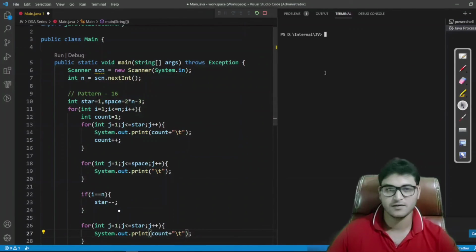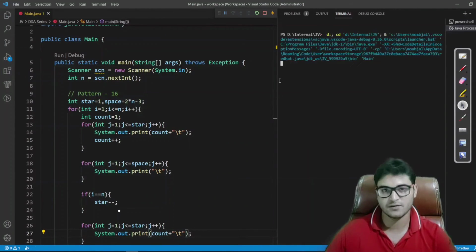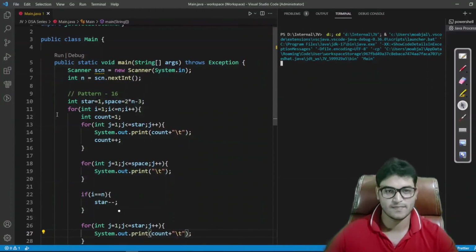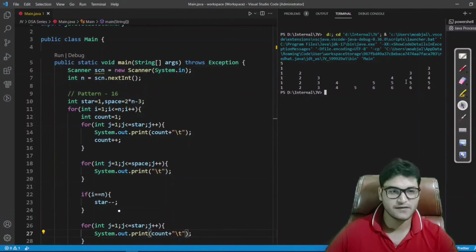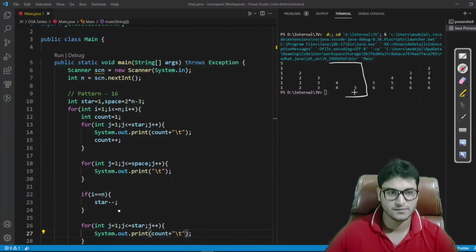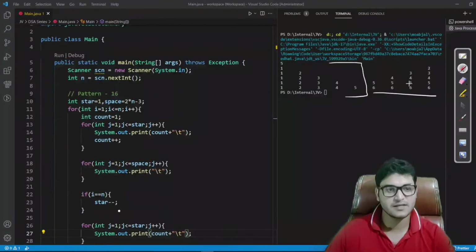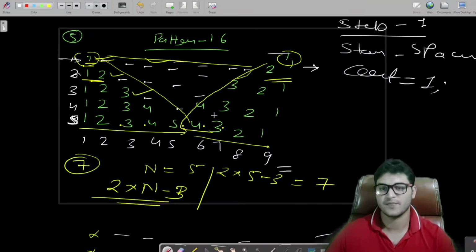We are almost done. We are left with only one chain. So let me show you the error first, then we will do the change. So I have entered 5 and you can see we have printed the exact same output till here, and at this place we are displaying the numbers, but we have to display the numbers in decreasing order from here, because we are showing here 1 2, so here we have to just show 2 1. We are showing here 1 2 3, and so instead of this we have to show as 3 2 1. Fine, as you can see here in the pattern.